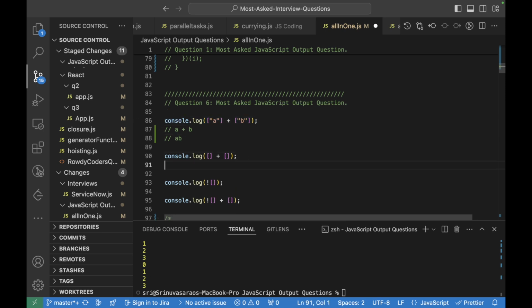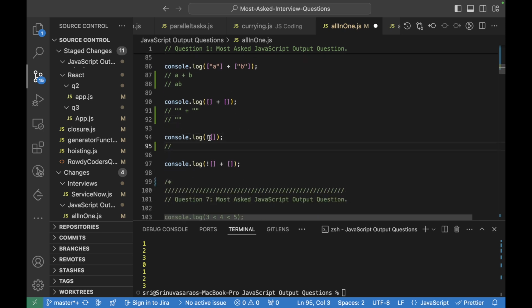When it comes to this, again this is an array, and arrays are concatenated, so this particular array will be equal to an empty string, and then this particular array will be equal to an empty string. When an empty string is concatenated to an empty string, it will again give an empty string.